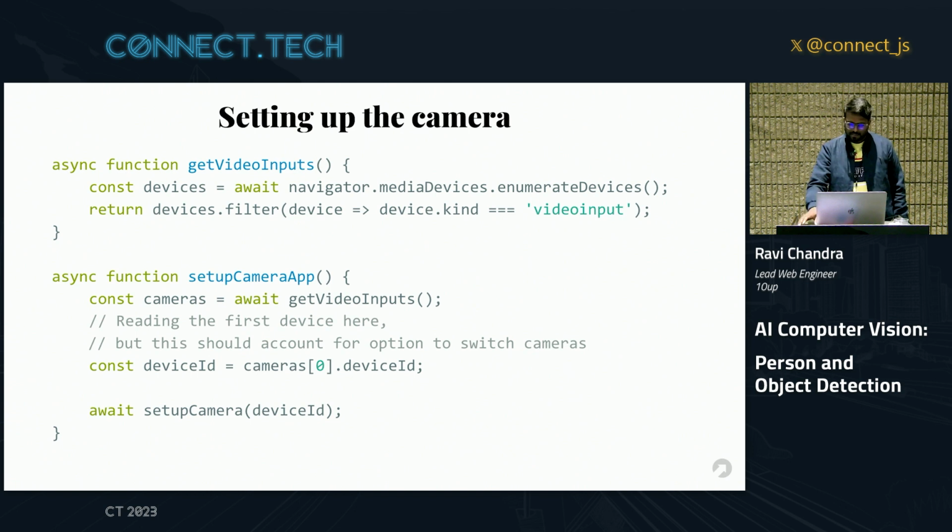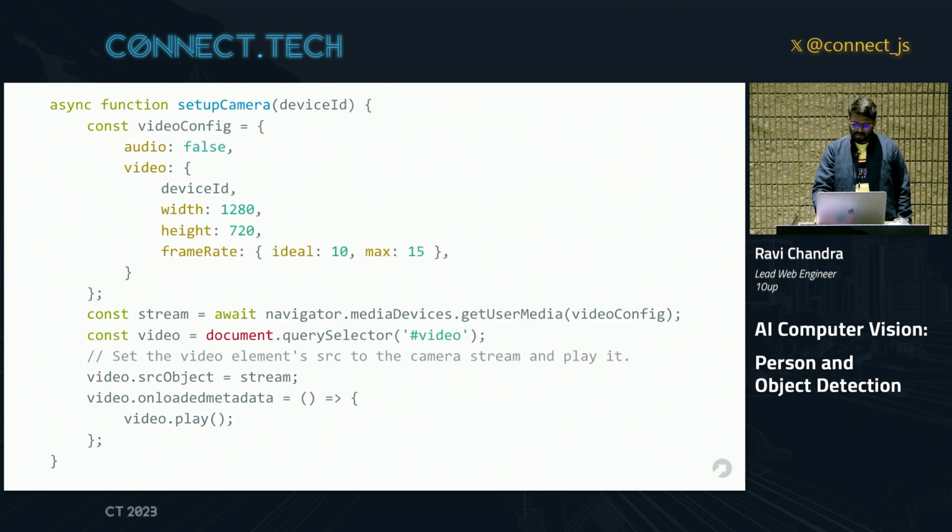Again, some more helper methods to set up the camera feed onto the HTML canvas here. We use the Media Devices API, we enumerate it, we look for video input devices, and here we are just trying to make an assumption that the first video input device is your camera, which is probably not the case, and if you're doing it for real time, you need to ensure that you account for other video inputs too. And then we pass the device ID onto setup camera,